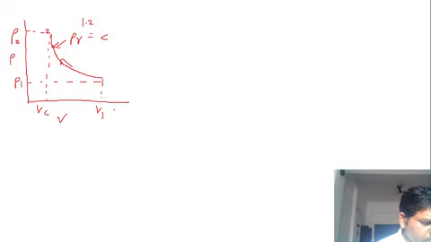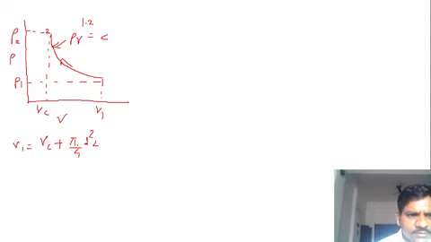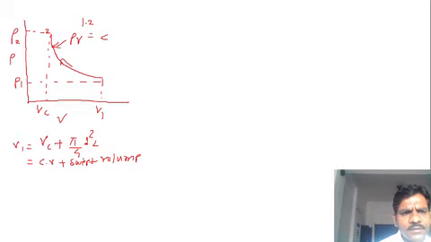So how to solve the problem? See here, guys. First of all, we determine the value of V1. So V1 is equal to how much? It is VC plus swept volume, meaning the volume of this stroke. So this is pi by 4 d square into L. This is the standard formula used to determine the volume, clearance volume plus swept volume. The swept volume of the piston and cylinder is determined by this equation.